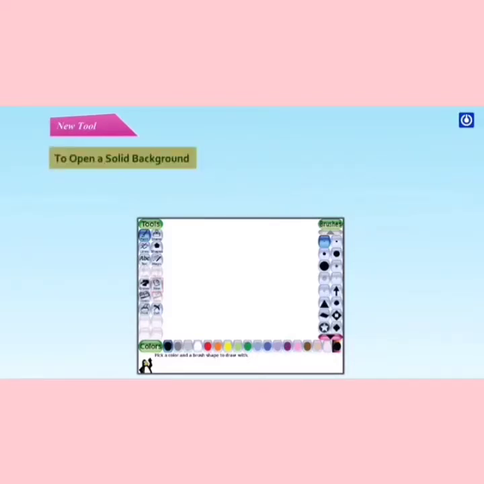To open a solid background, step 1. Click the New button. As you click on it, it shows different backgrounds. Step 2. Select the solid background to draw a new picture.